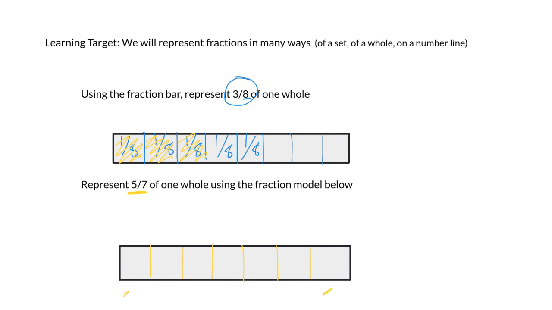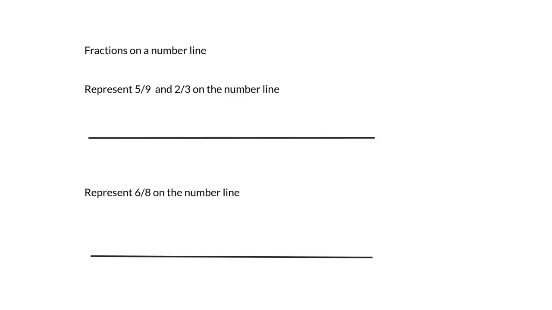Each one of these represents 1/7. And I'm not going to go through and label these, but I know that I have 5 1/7. So we are going to shade in 1, 2, 3, 4, 5 sevenths, leaving 2 sevenths unshaded. And that's it. Okay, we're going to kind of do the same thing here, but a little bit different way